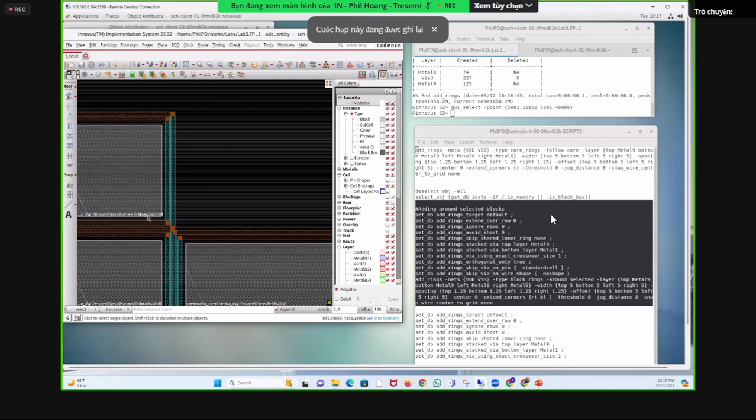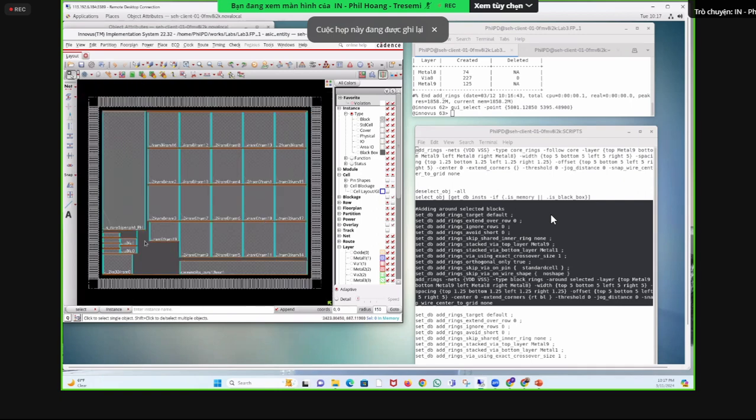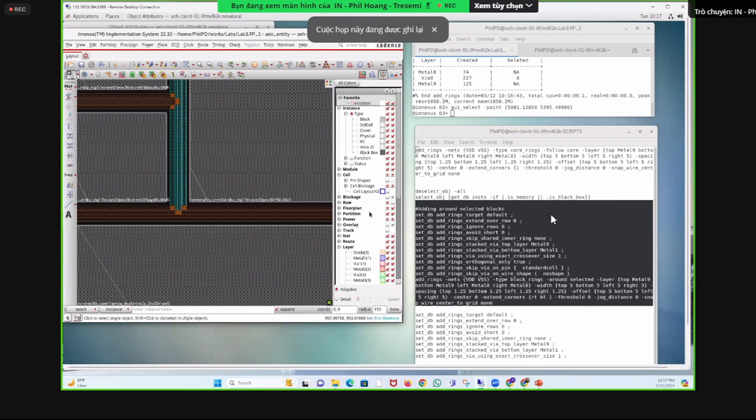Like I mentioned, sometimes it smartly shares them. Over here, yeah, they share. But if you turn on the pin shape, you can see internally it already has a ring. So it's kind of an overkill. Maybe it's not. Maybe it's still good to have a main ring here and then connect to the sub ring,